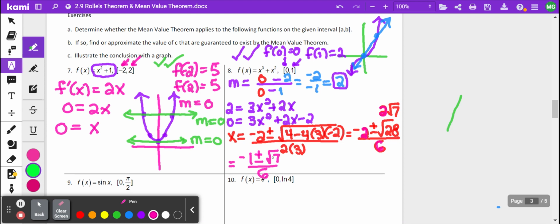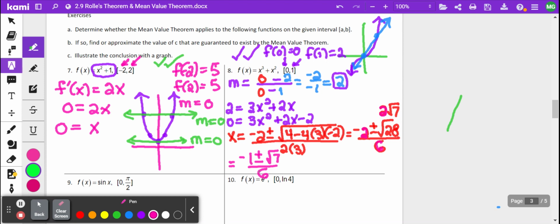So negative 1 minus root 7 divided by 6 is negative 0.6. So that falls to the left of this, because there would be another line over here, but we're not interested in that. So if we do negative 1 plus root 7 divided by 6, we get approximately,